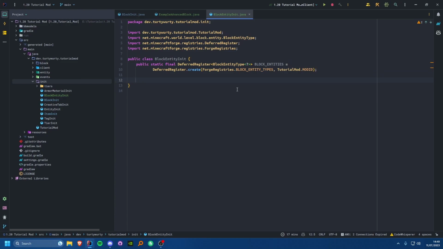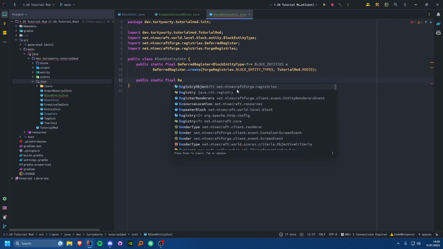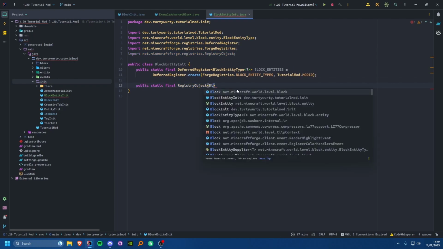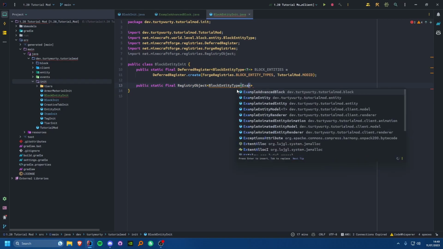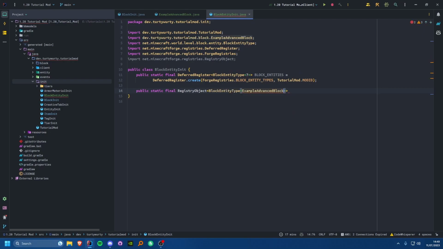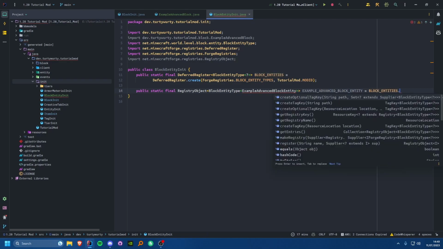And then you would just do as usual your public static final RegistryObject of BlockEntityType. This will be of type your block entity class, which we'll create in a moment. I'm just going to call that ExampleAdvancedBlockEntity, and I'm going to call that EXAMPLE_ADVANCED_BLOCK_ENTITY is equal BLOCK_ENTITIES.register.